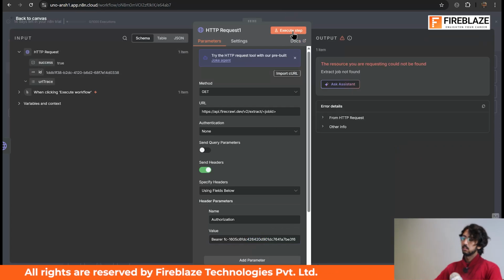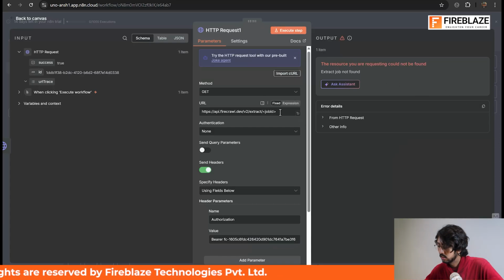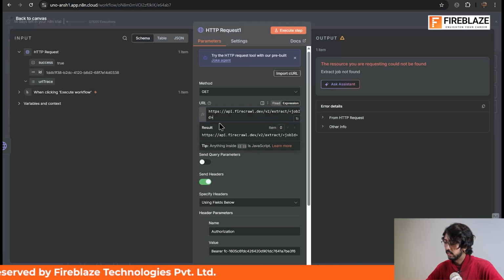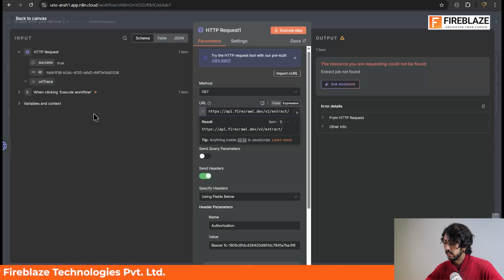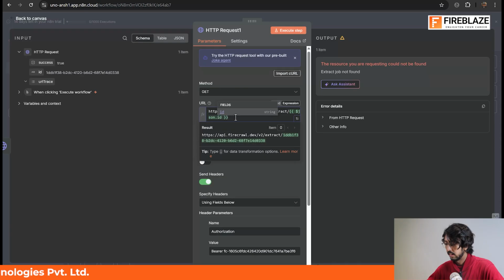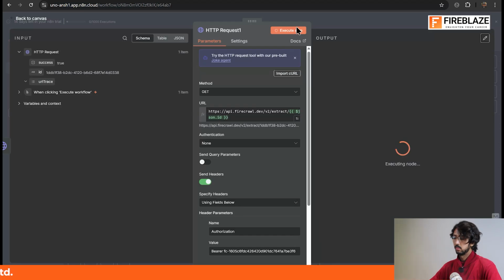But before that, the resource you're requesting could not be found because we have to replace the job ID with the ID that we're getting from the previous node, and it's this one. So just drag and drop the ID so that it's in a variable format,